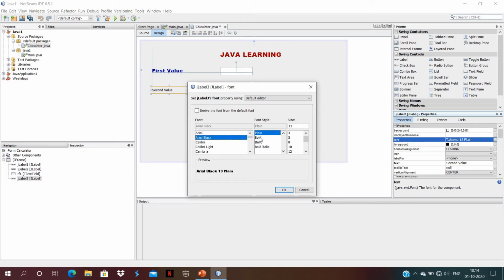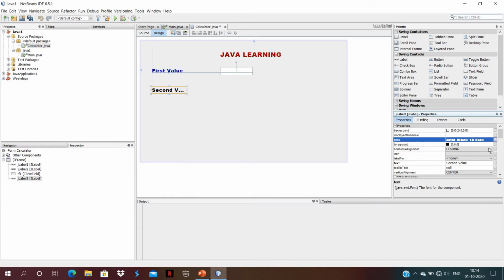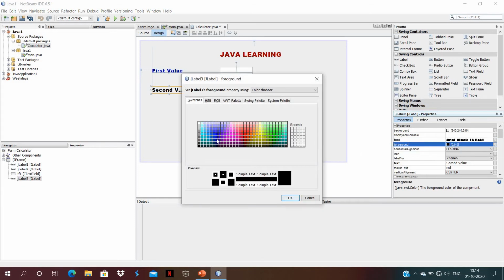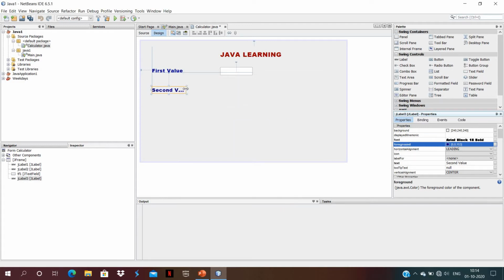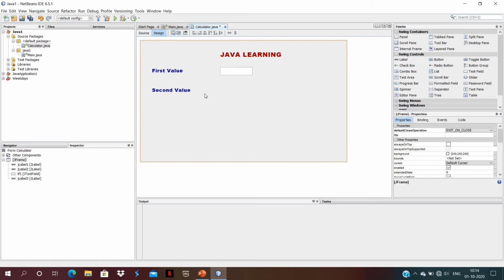Okay, we choose Arial black and size 18 and then OK. After that, you will go to the foreground color and give the color of your text. You can increase the size of your box according to your text.